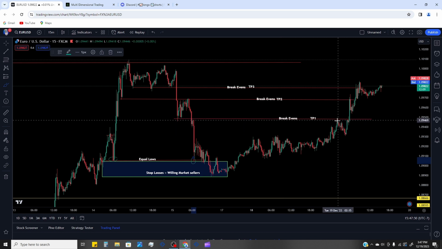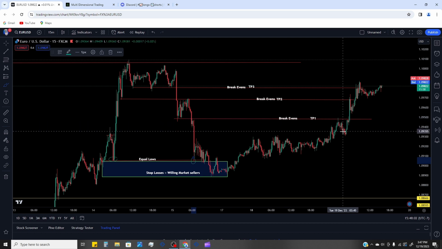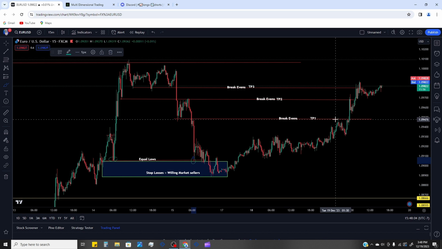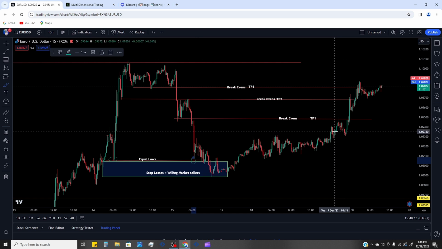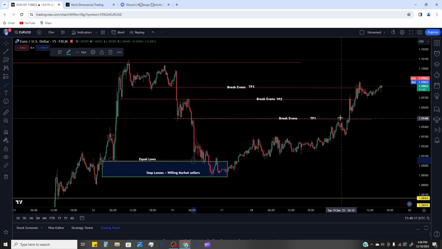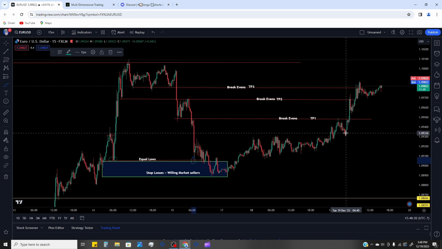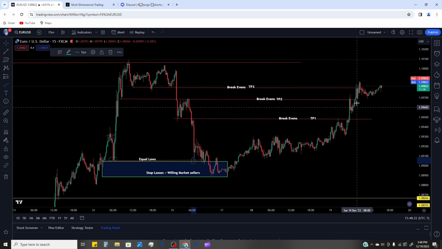Now, we could short it, sure. As you can see, this is the 15-minute time frame, so it ran down for a nice little period of time, about 2.5 hours. It did run to the downside. However, this is not where we would short it. It would make more sense for us to take profit here and then wait for the next take profit and